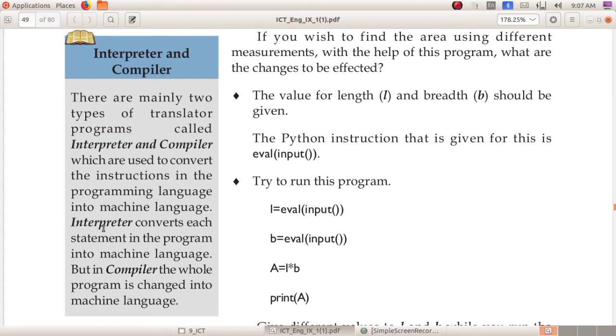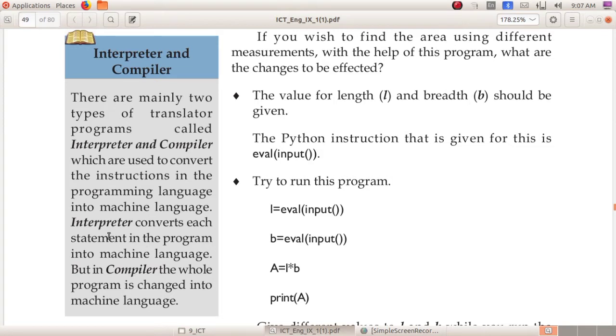Interpreter means it converts each statement in the program into machine language, but in compiler, the whole program is changed into machine language.